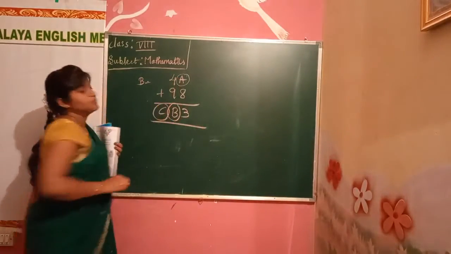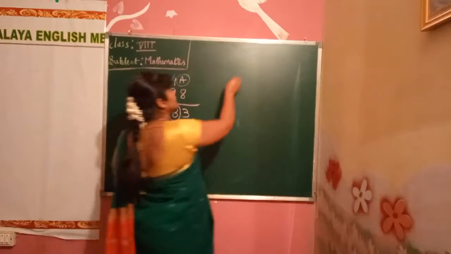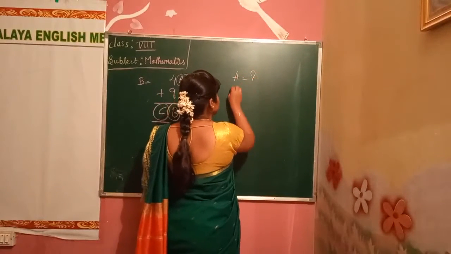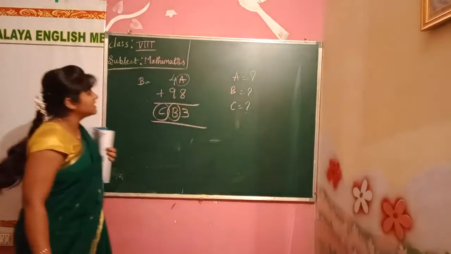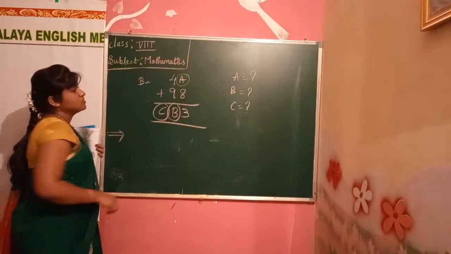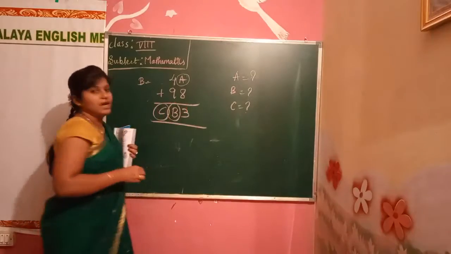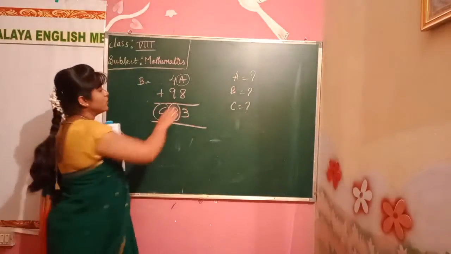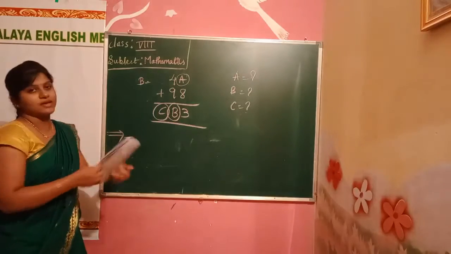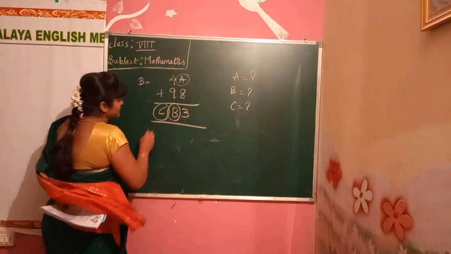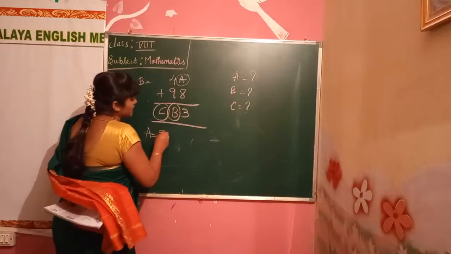They are telling us to find the value of A, the value of B and the value of C. What we have to find out now are the A value, B value and C value. So now start trying the numbers. Here they have given one value, 8, and they have given the answer 3. So if we add 8 to something we get 3. What number do we have to put there? 5 we have to add there. Put A is equal to 5.